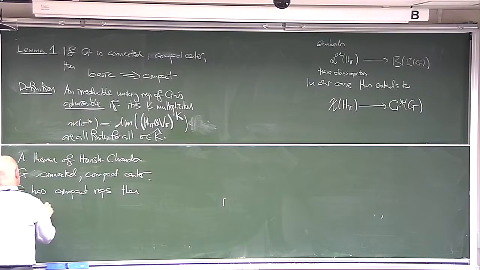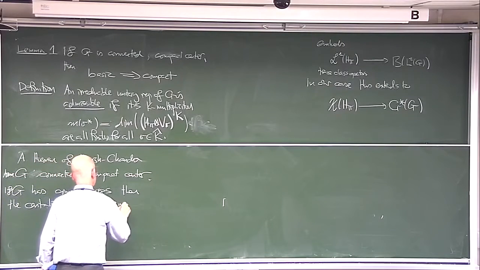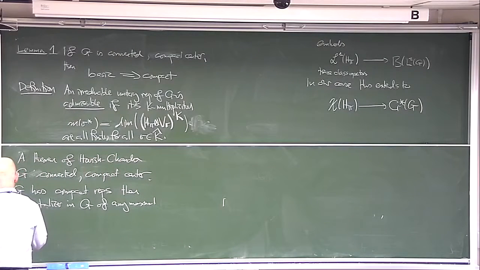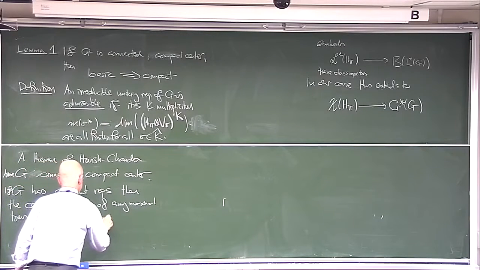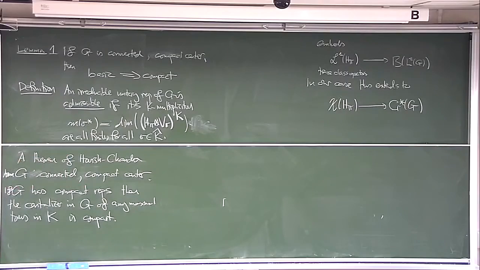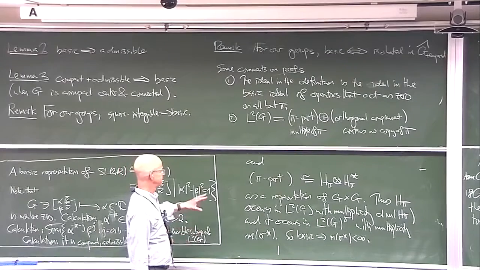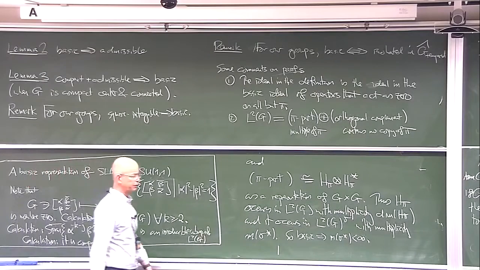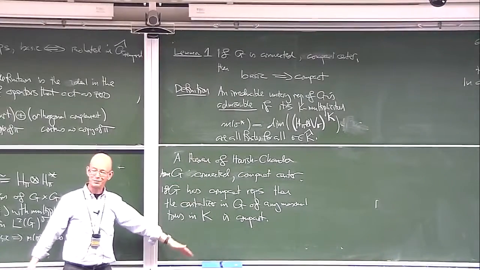Here's what I want to do. I want to take the centralizer in G of any maximal torus in K. And the criterion, in fact, this is an exact criterion of Harish-Chandra's: this is compact. This is if and only if. Okay. I mention this theorem because it's very similar to things that we're about to see, and although it's infuriatingly difficult to prove this theorem, I do not know a simple, beautiful, geometric way of proving this theorem,